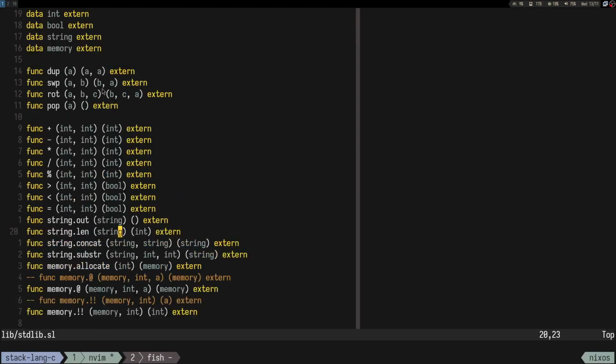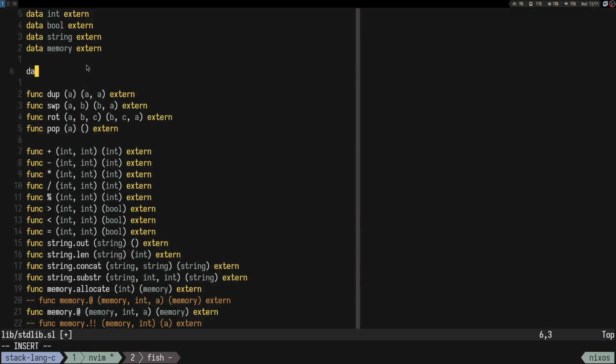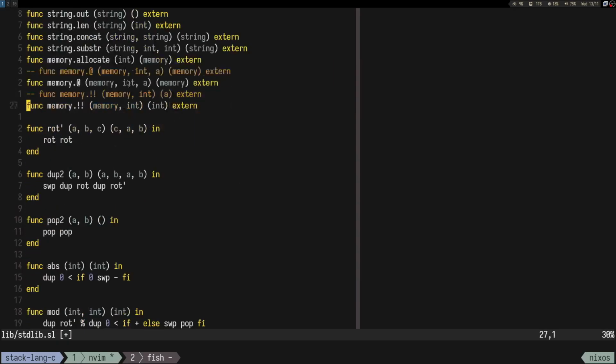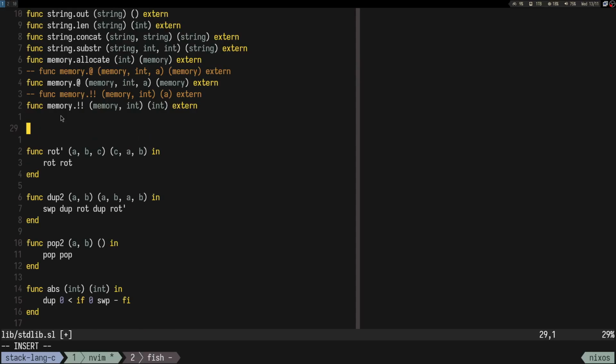So we can even have things like, let's not add it there, let's do it like here. Even having the data type for tuples, or like tuple a b, so this one has even more types, and